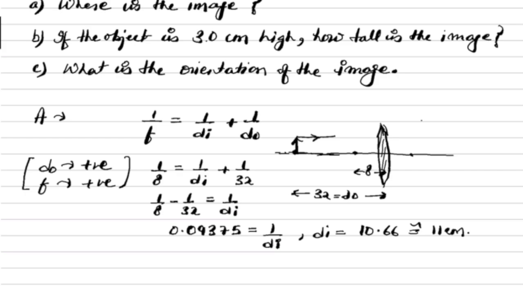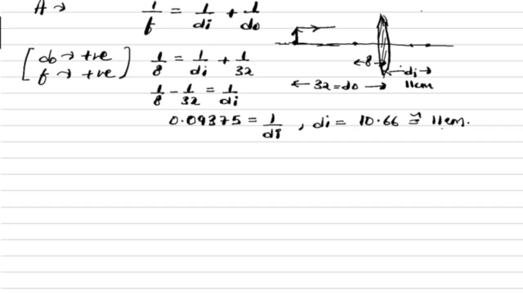The image is forming here. Let's say this is 8 centimeters or somewhere here, and this is the di we have calculated, which has come as 11 centimeter, approx 10.66. Now, where is the image? Part A is done. So part A, where is the image? That is 11 centimeter far from the geometric center or optical center